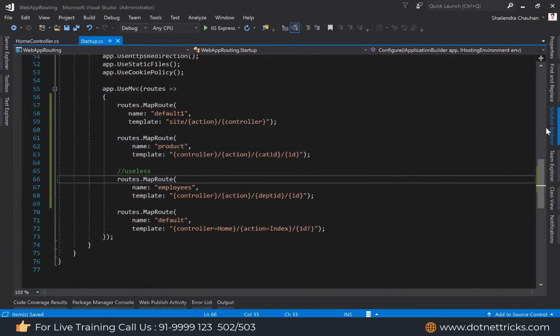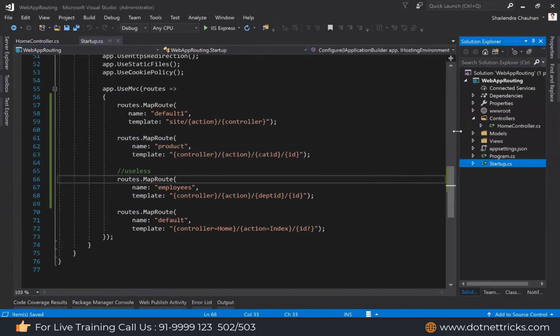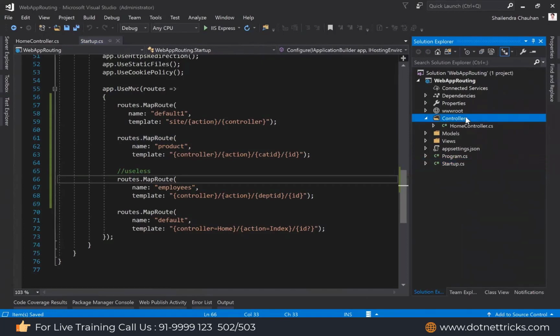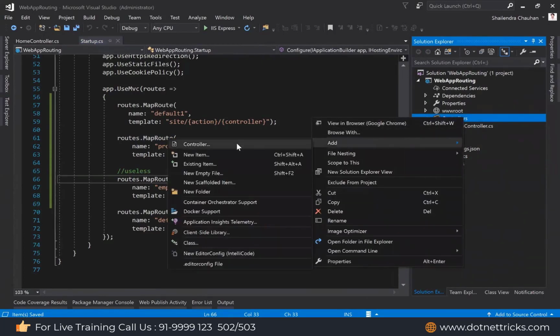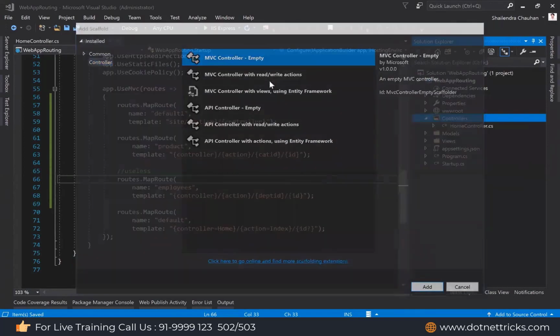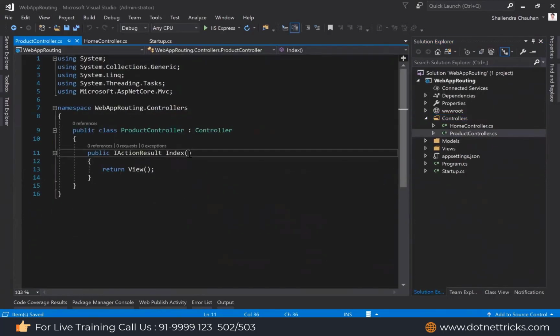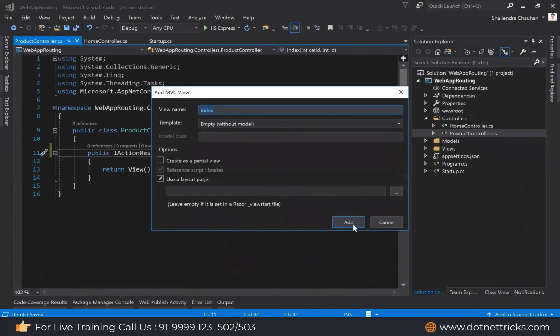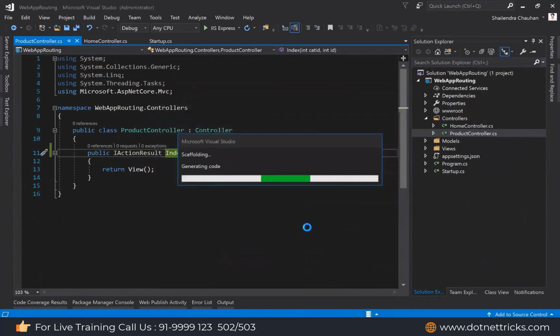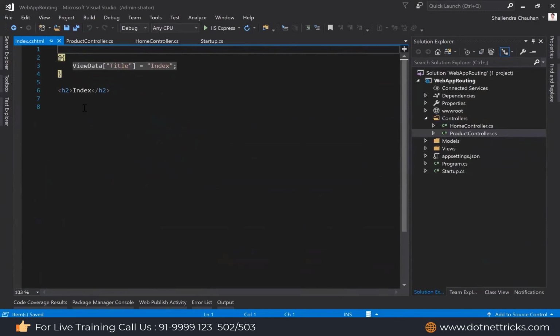The same I can show you here. To experience this, let's add two controllers. One controller I'm adding for product and one controller I'm adding for employee. So let's define the controller name as product. Let's say here I'm receiving the category ID as an integer, and the product ID as an integer. Then I'm showing the product listing page. So it is here, let's say, product dash index product.